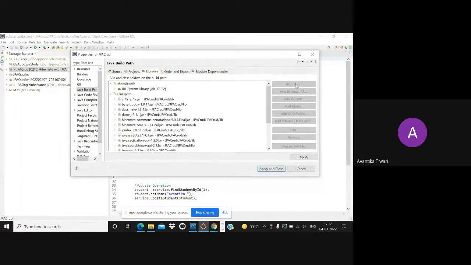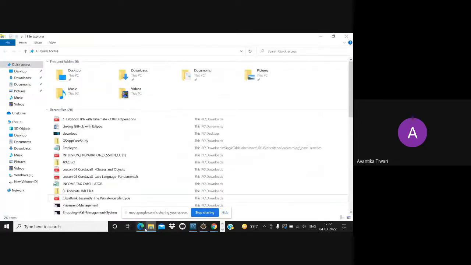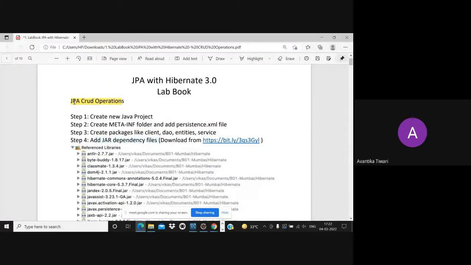Any doubt in this, how to add external jar files? Then you have to click on apply and close. So your jar files will be added. Every time we are using Hibernate, we have to use these jar files.